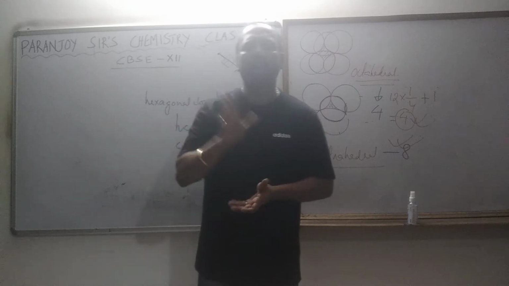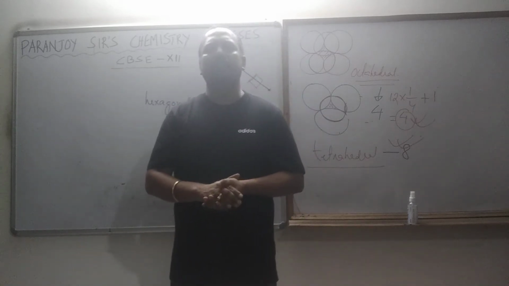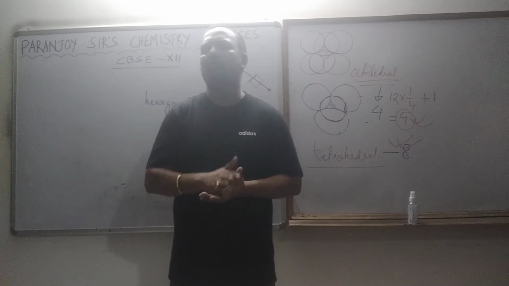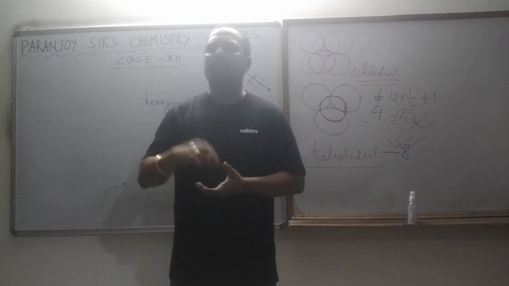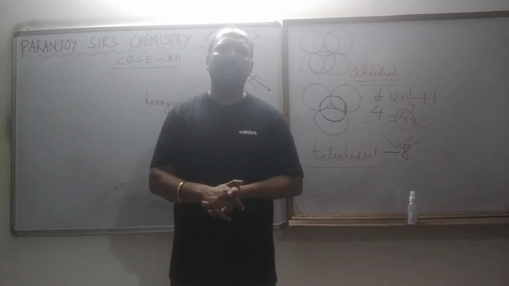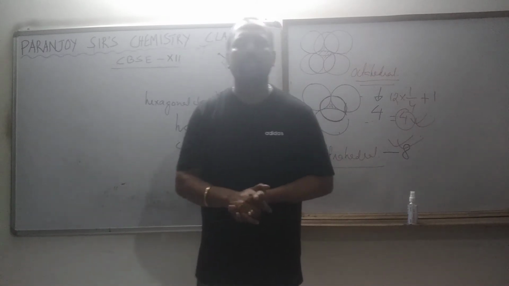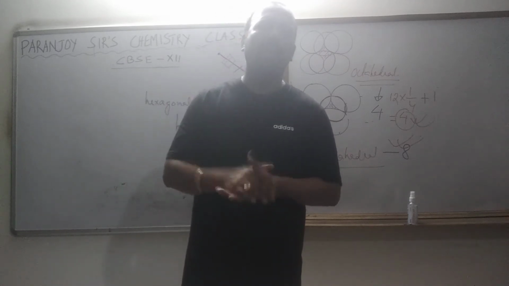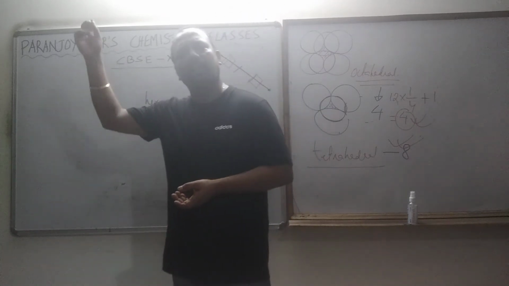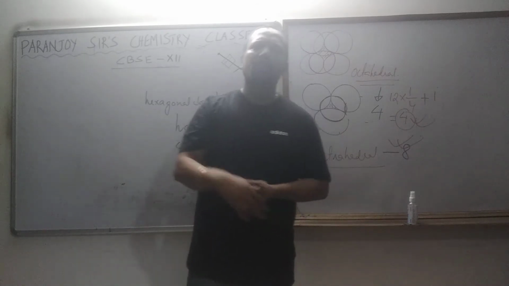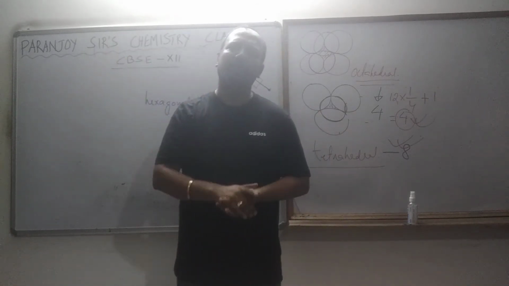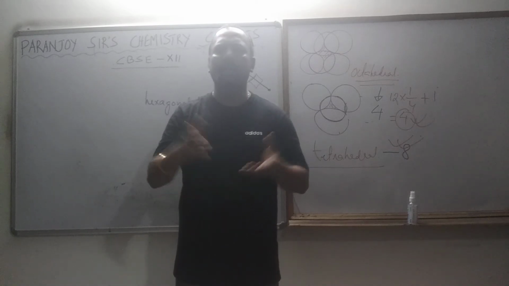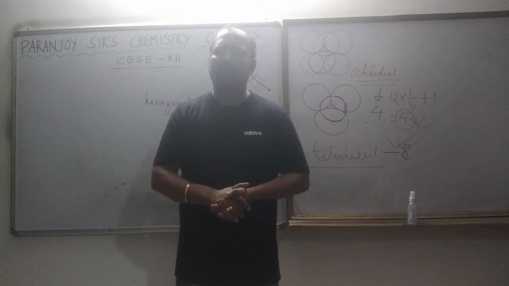But where are the voids present? There are 8 tetrahedral voids and 4 octahedral voids. Where are the 8 tetrahedral voids present? The tetrahedral voids are present in the body diagonals. Where on the body diagonal? If we imagine one body diagonal, at 1/4 distance away from the corner. Each corner has one at 1/4 distance away on the body diagonal. There are 8 corners, so 8